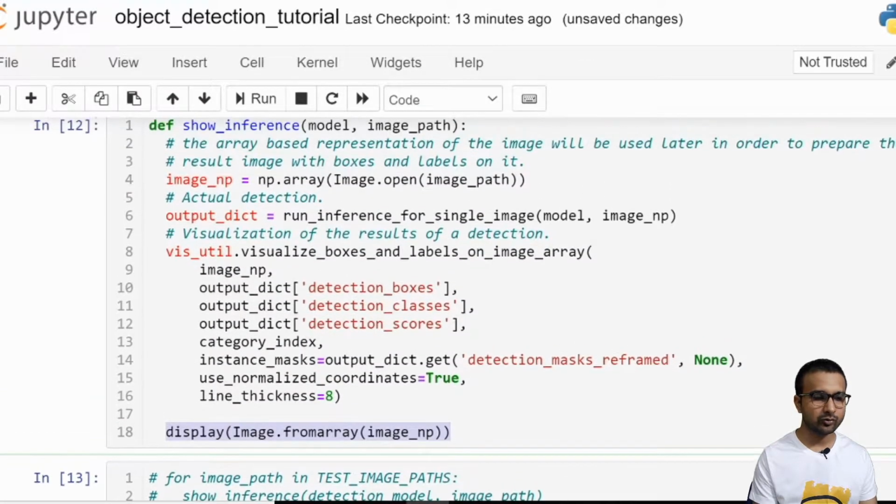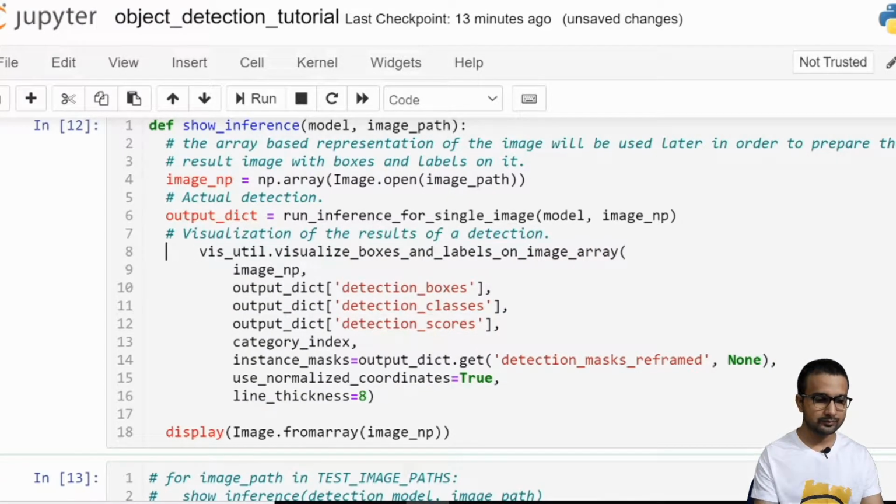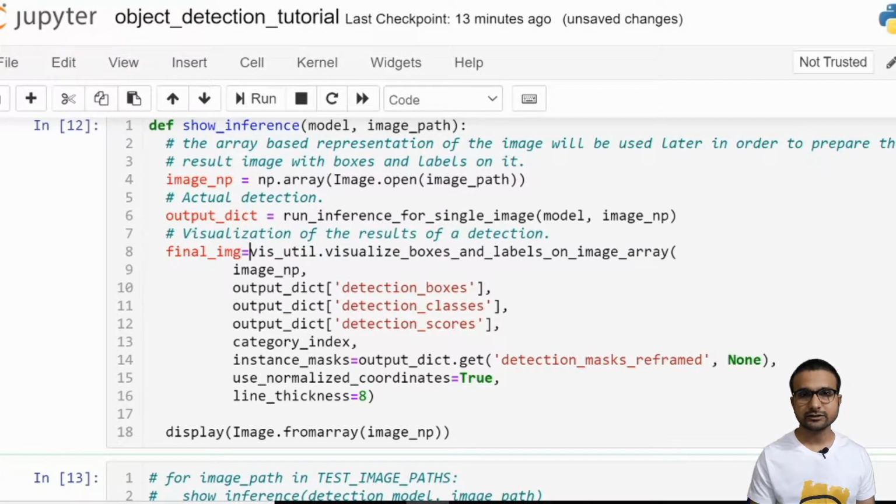So what we can do is, this vis_util, which is putting these bounding boxes on top of our image, I'm going to save this within a variable named final image. And now this function is going to return this final image at the end instead of displaying those images.